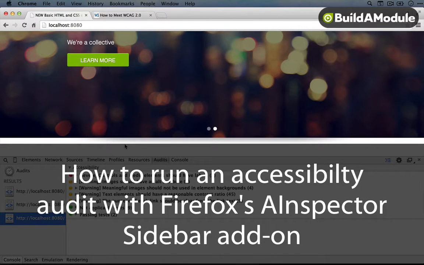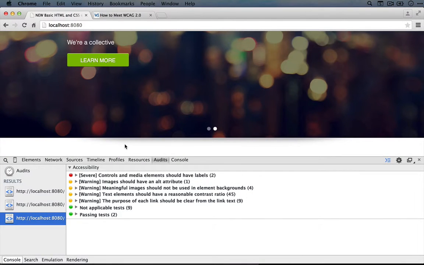So you've seen what we can get through the accessibility tools in Chrome, and it allowed us to make some adjustments to our code, like we added labels, we fixed the alt attribute for one of our images, we learned a bit about contrast ratio, but there's still a good bit more when it comes to accessibility that this audit doesn't tell us about. And so I think it makes sense to augment this tool with another tool that we